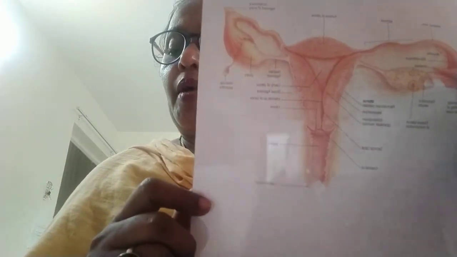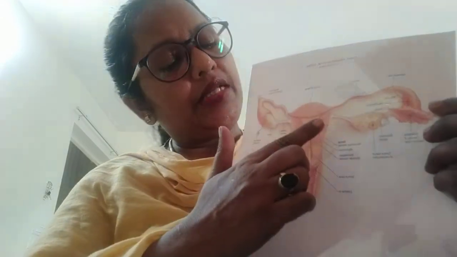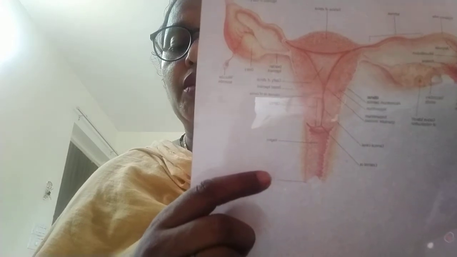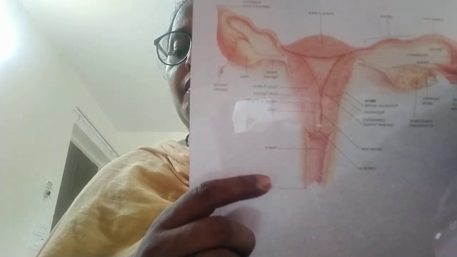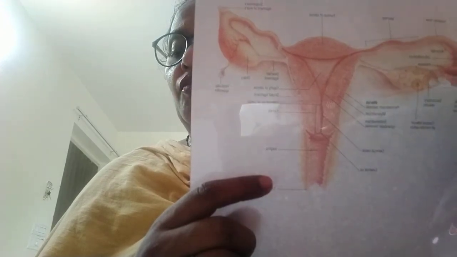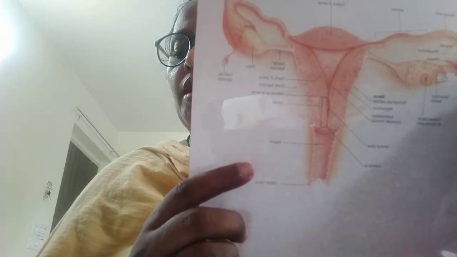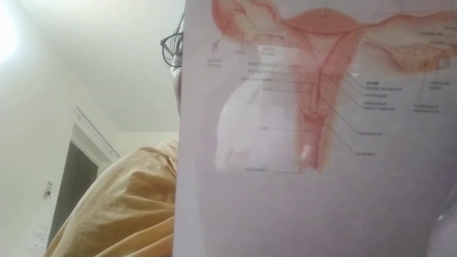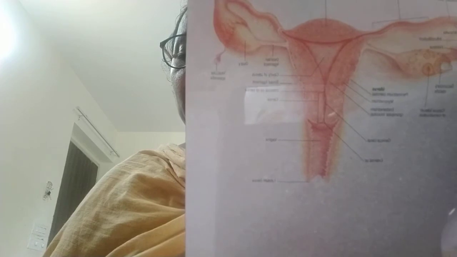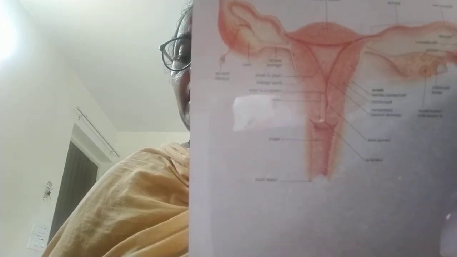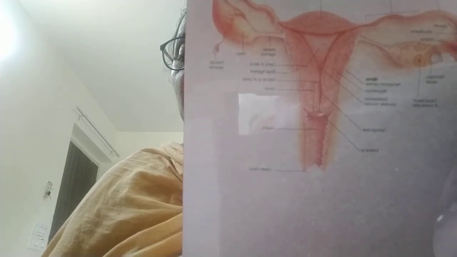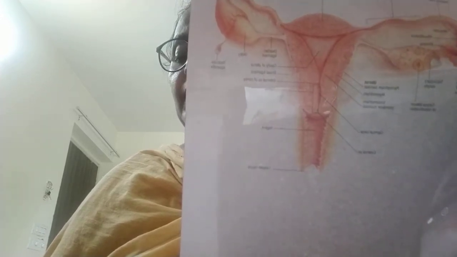Size and parts. Each fallopian tube is 10 cm long and 1 cm in breadth. It has four parts from medial to lateral. First, the interstitial or intramural part. It is the narrowest part, lying in the uterine wall, and measures 1.25 cm in length, and its lumen is 400 microns medially to 1 mm distally.